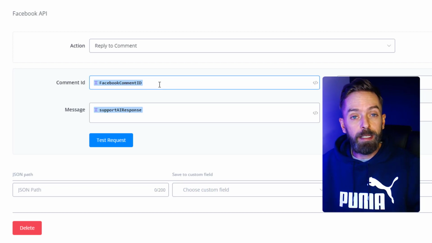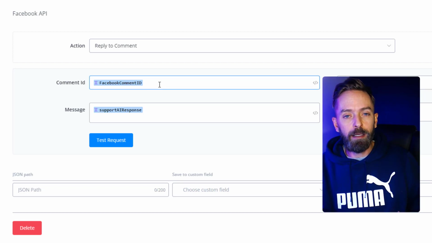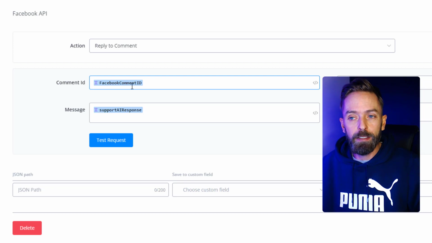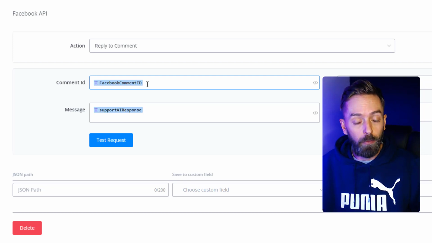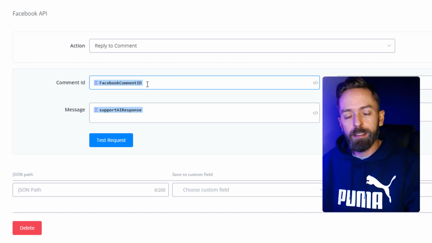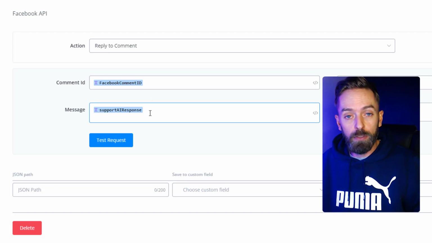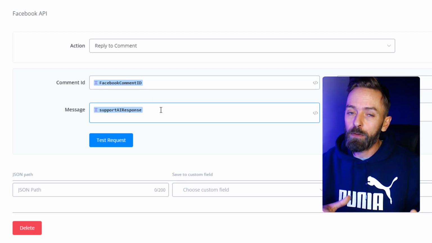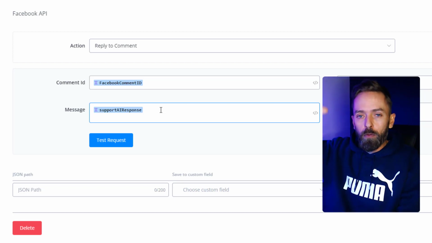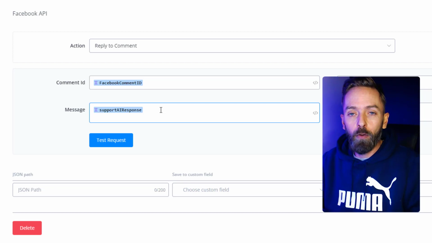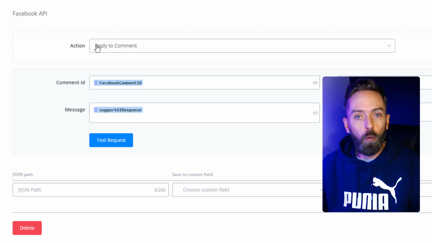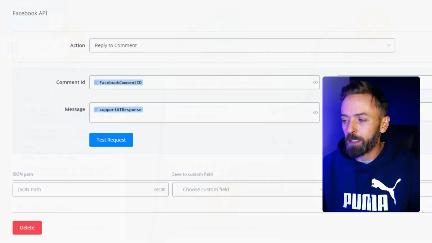So the comment ID, remember we're saving the comment ID in that first action, and this is where you'll put the Facebook ID or the comment ID in there, so we know where to send that information back to. And then here is this support response. Just like we use in the automation flow, it's just that one singular field. It will contain all of that answer all the way back from GitBook. And that's all you need to do on here. So if we just cancel out of that,